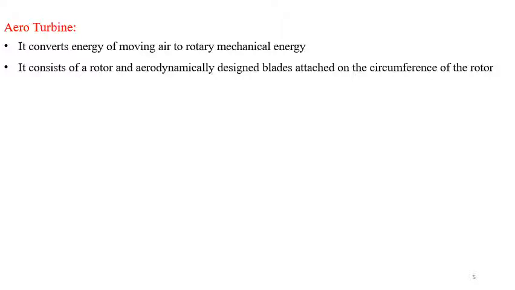There are mainly two types of rotor in wind energy conversion systems: the horizontal axis rotor and the vertical axis rotor. One advantage of the vertical axis rotor machine is that it operates in all wind directions and does not require yaw adjustment. The rotor is a very important component, and for effective utilization, all the components need to be properly designed and matched with the rest of the components.